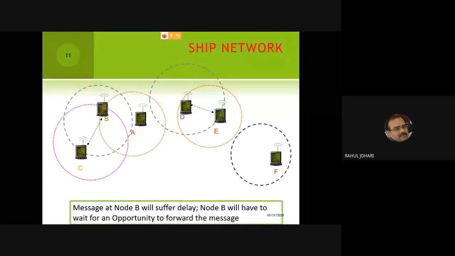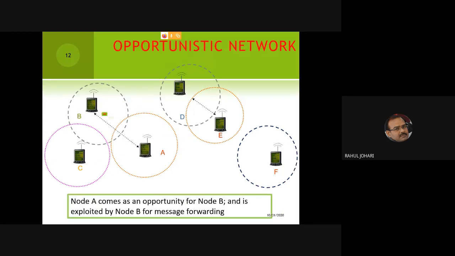If I'm moving in a car, driving at a speed of 100 km/h, I'm not a good carrier of a message, because in mobile computing so many handoffs will take place, so it will be a big problem for the proper transmission of the messages. So what will B do? B exploits the opportunity and forwards the messages to node A. So B has done its job. It has forwarded its own messages plus the messages which B was archiving on behalf of node C.